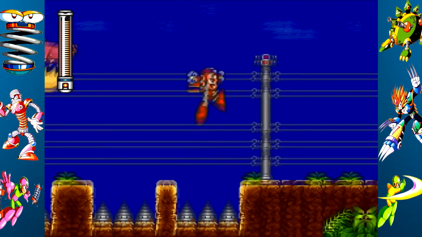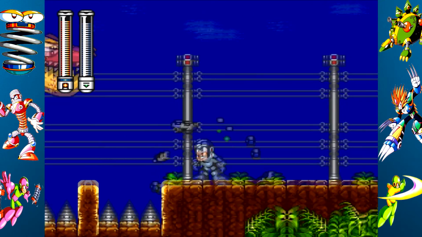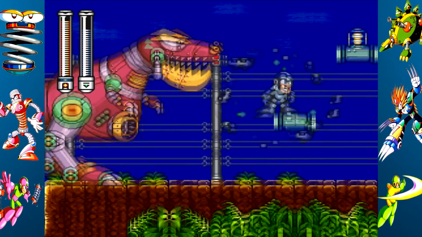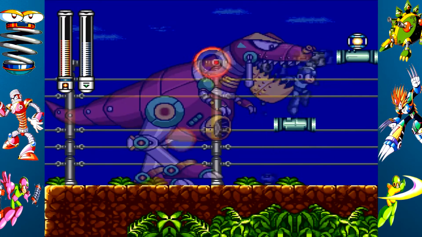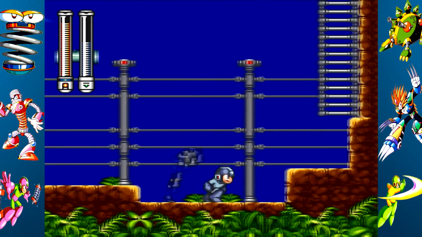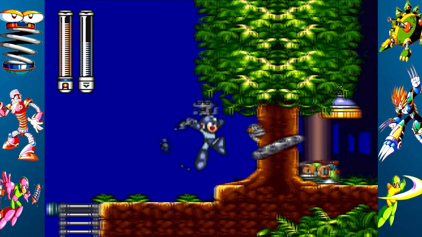But now as we get over here, I am going to switch back into Junkman's shield, because Junkman is fairly powerful against this T-Rex right here. Maybe a little inspiration of Godzilla. So we can just use rapid fire, destroy it, collect our health and be on our way. Not too hard. Once you get to know what the bosses and enemies are weak to, it doesn't become too